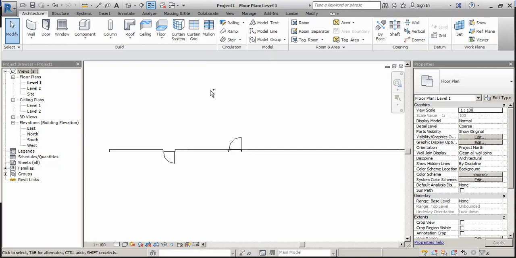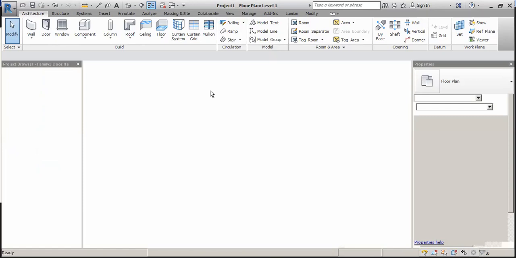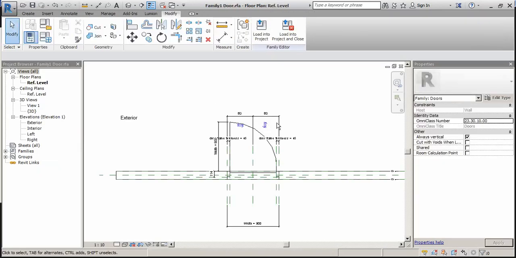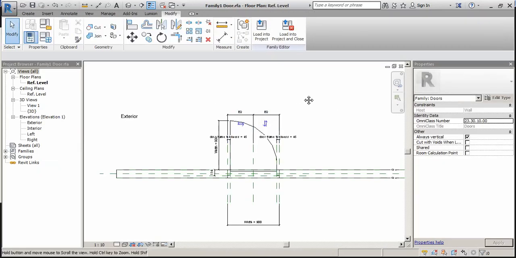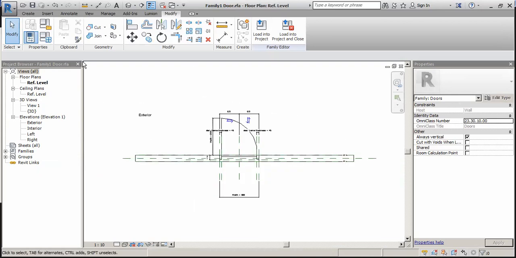So go in family, door family, and go in 3D.